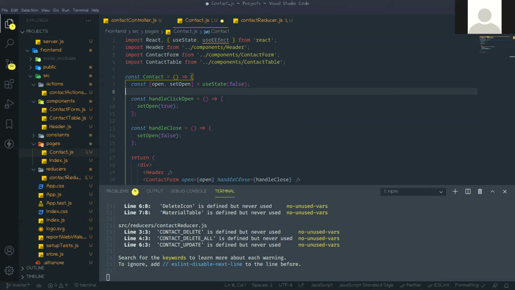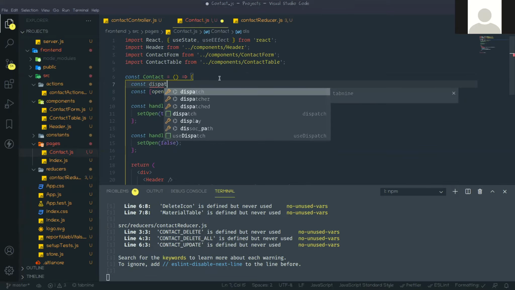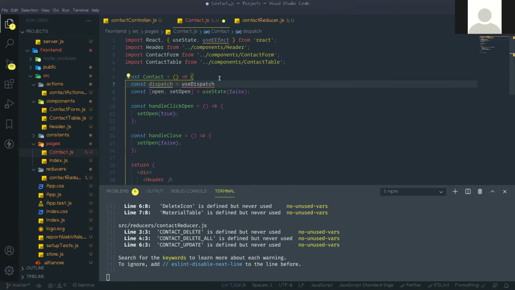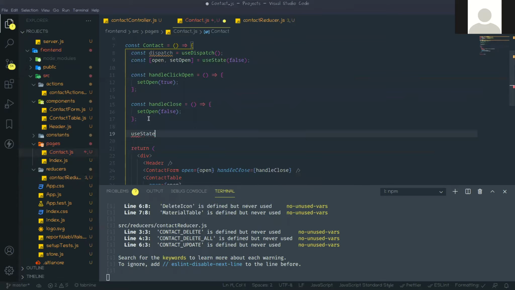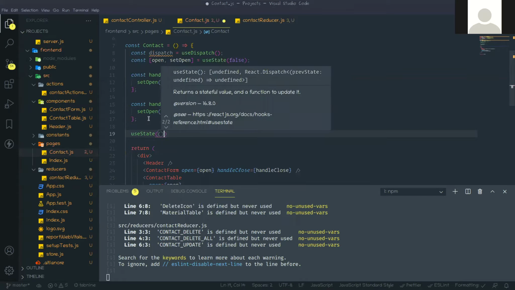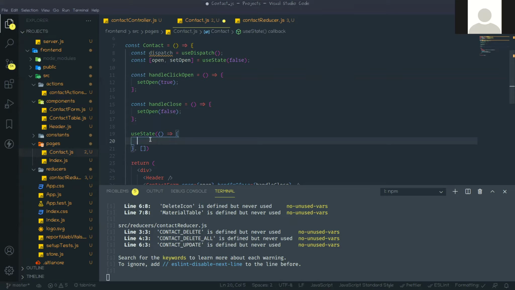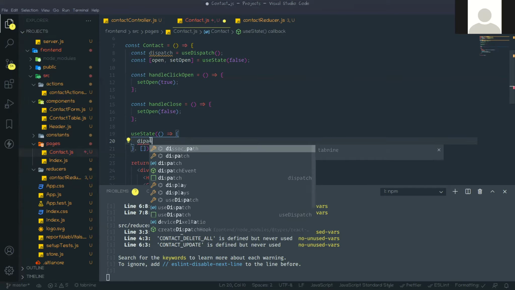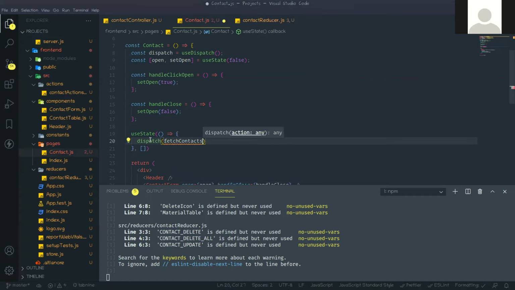We also need dispatch, so const dispatch equal to useDispatch. useDispatch we have already imported. So when useEffect happens, meaning when the component is rendered, at that time we dispatch this action, fetch contacts.